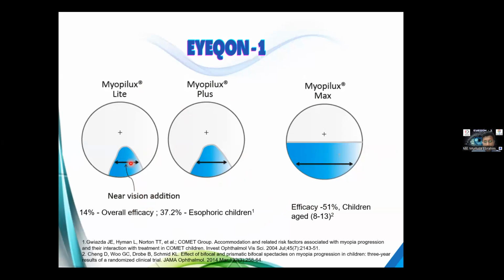For the near vision addition progressive lens, the overall efficacy was 14%, and the efficacy was higher for children with esophoria and accommodative lag, about 37.2%. When we say efficacy of 14% or 37.2%, for myopia control, based on evidence, any treatment with an efficacy of about 50% is considered a standard that can be considered for